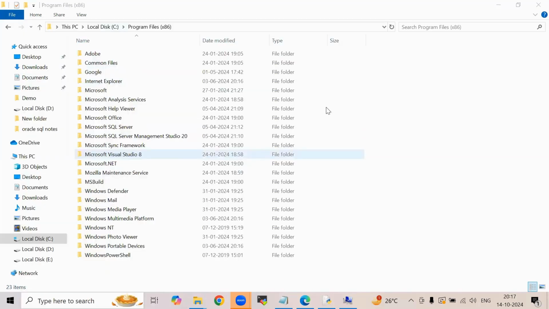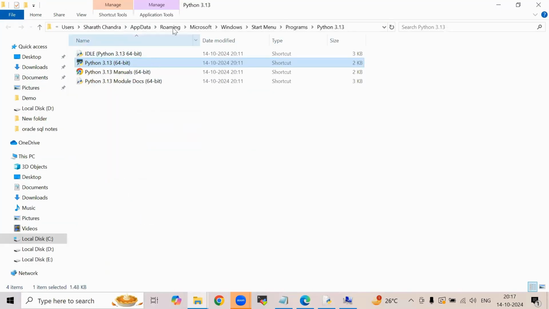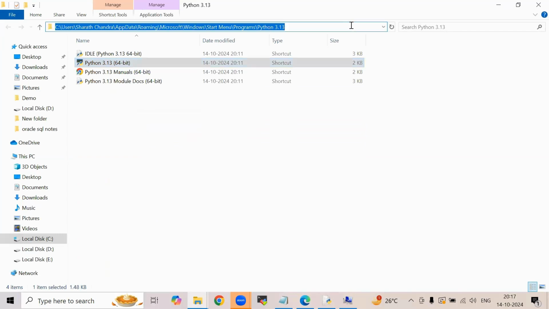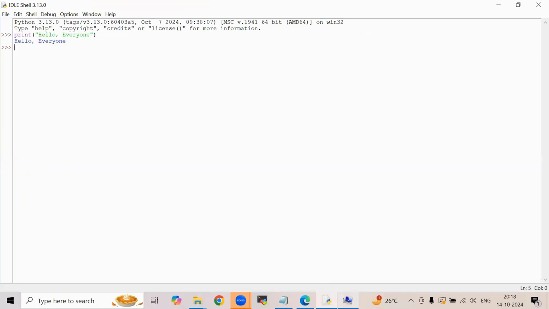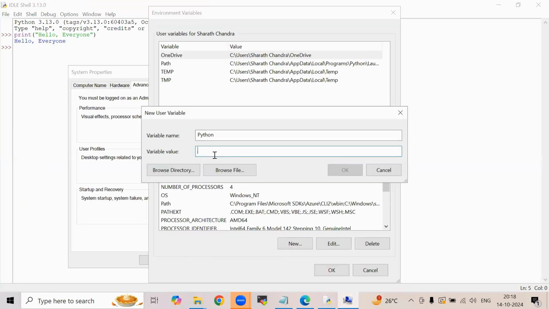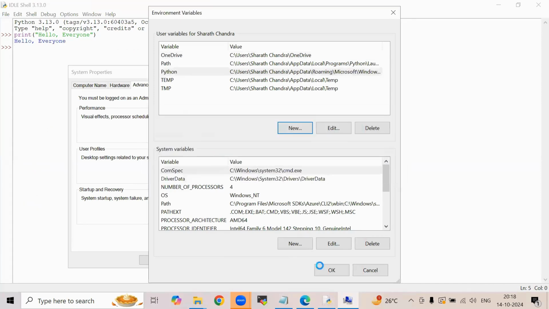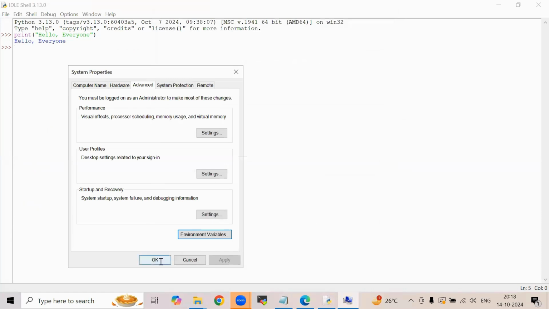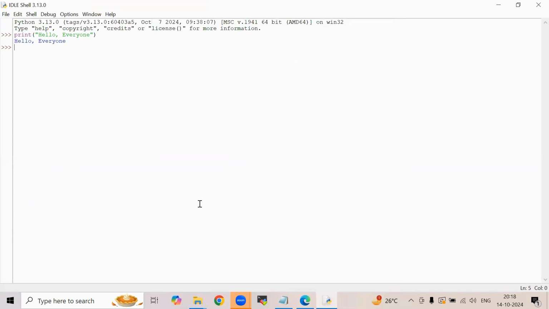And the file location, so this is the file location we have. So simply copy this file location and then paste over here. Say OK, and then OK. So that is how you need to apply the Python path.